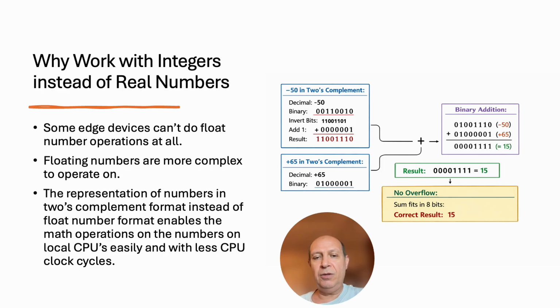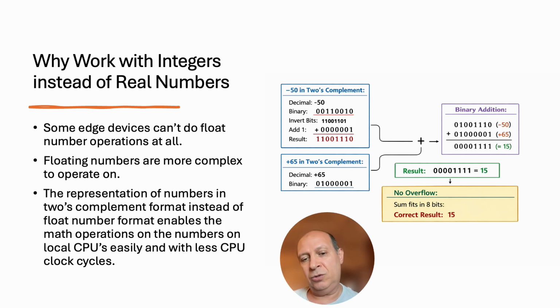That's the second step. The third step is we add a 1 and we position the 1 in the least significant side, meaning on the most right-hand side of the byte. And then we perform an addition operation on the inverted bits and the 1 that we just added. So moving from right to left, we have 1 plus 1 is equal to 0 with the carry of 1. Now the carry of 1 plus 0 is equal to 1, and so on and so forth. We end up with the result of 1100 1110. This result represents decimal minus 50.